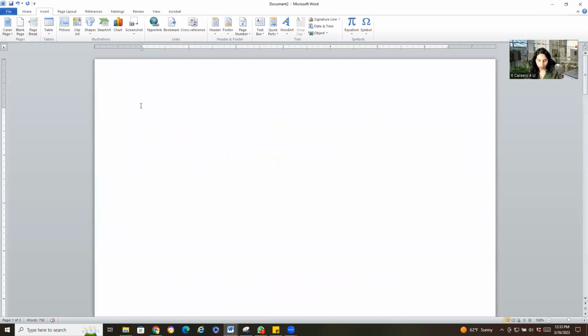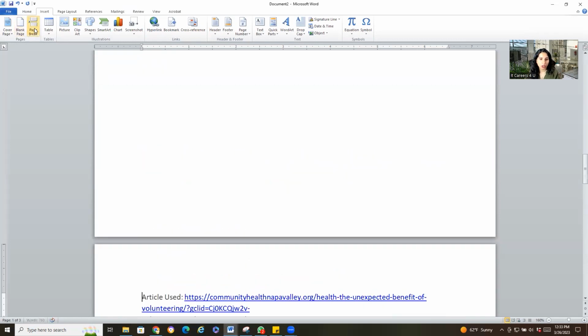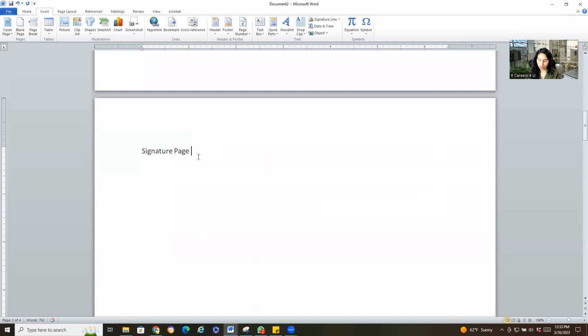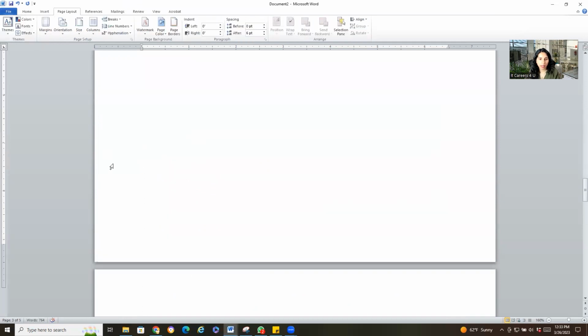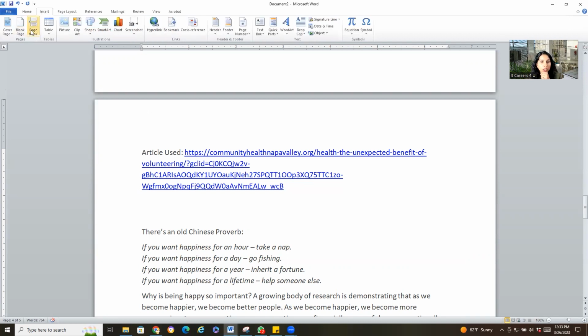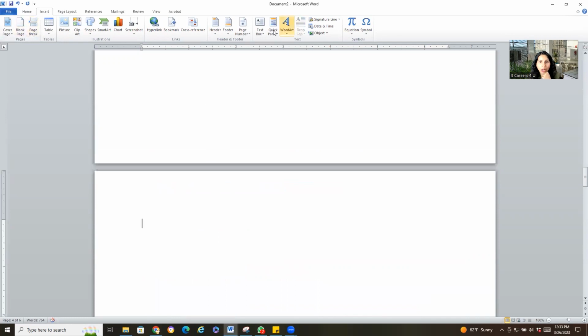So what I'll do is I'll call this the cover page, just so we can have something. The next one, insert, is the signature page. And then the next one, insert, is the version history. And then the next page, so now this is considered the body of your document. Now, I'll also insert another page break or section break, and I will add a table